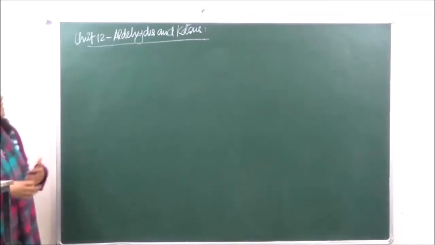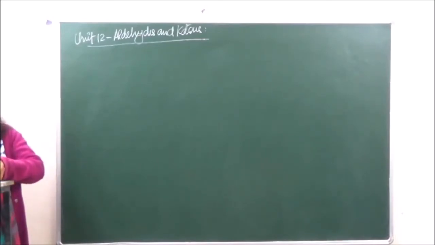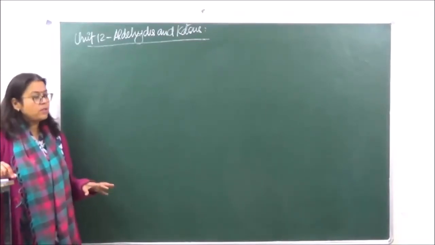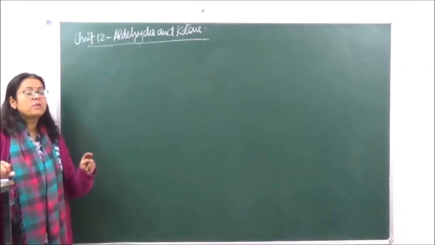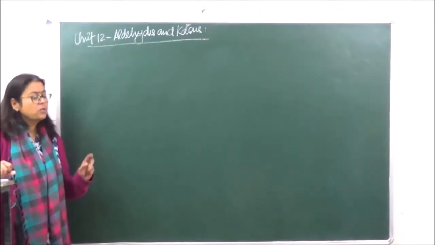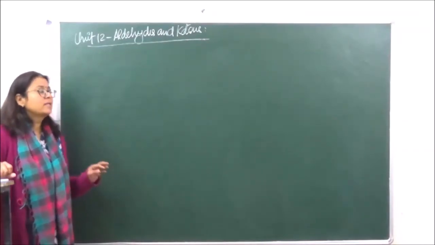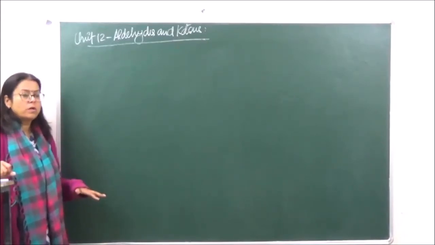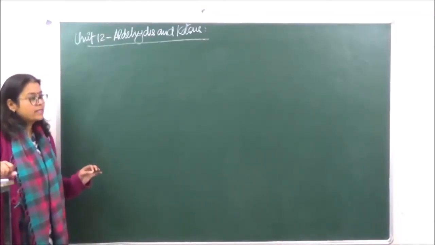When we are looking at the entire chapter, what all we are going to do, we are going to discuss over here the nomenclature. We will discuss the nature of the carbonyl group which is present, methods of preparation, physical and chemical properties, and the mechanism of. There are two very specific reactions which we are going to do with aldehydes and ketones. One is the nucleophilic addition reaction, which is very important. The second type of reaction which aldehydes and ketones are going to play is the nucleophilic addition reaction followed by removal of water, and aldol condensation. So these are three very important reactions of aldehydes and ketones.